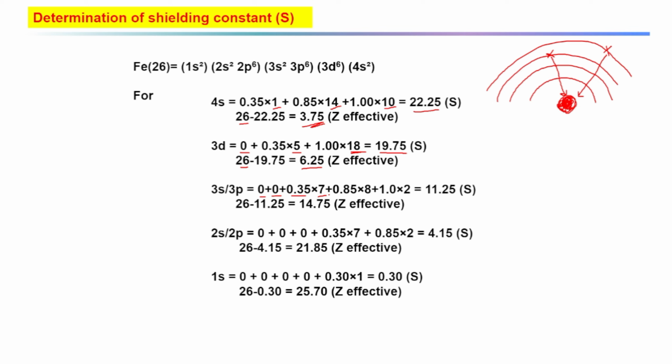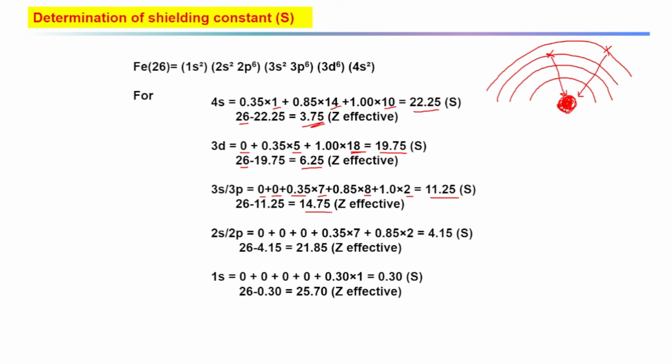So 7 electrons will impart 0.35 shielding constant. Then before that we have 8 more electrons in the 2s2 and 2p6. Those 8 electrons will give 0.85 shielding constant, and we have 2 electrons in the 1s. So those 2 electrons will give shielding constant 1. So total the S will come out to be 11.25, and if we do Z minus S we get 14.75